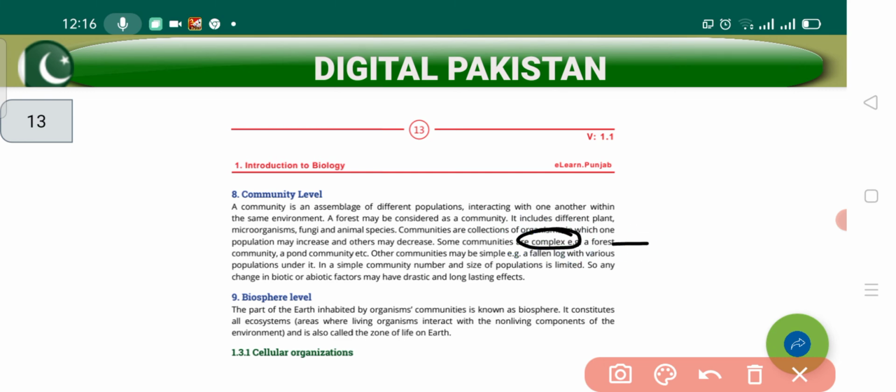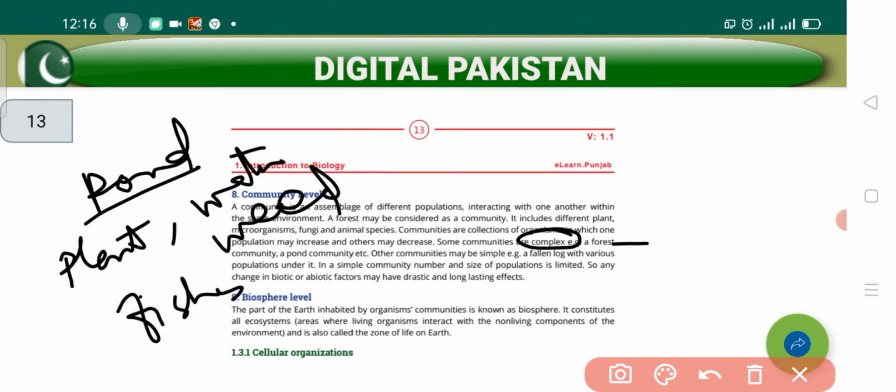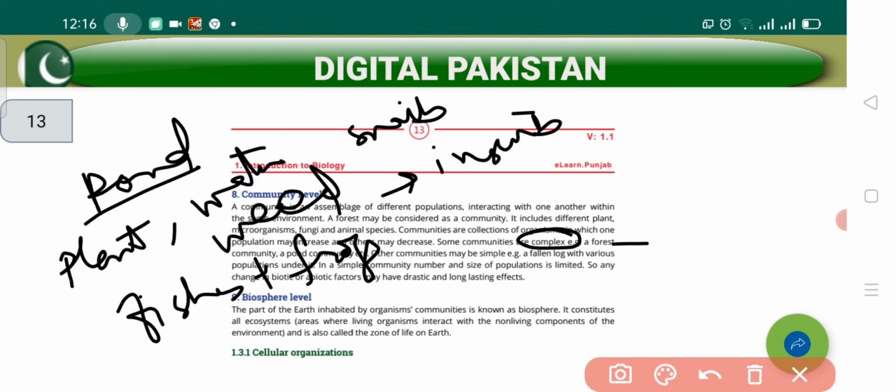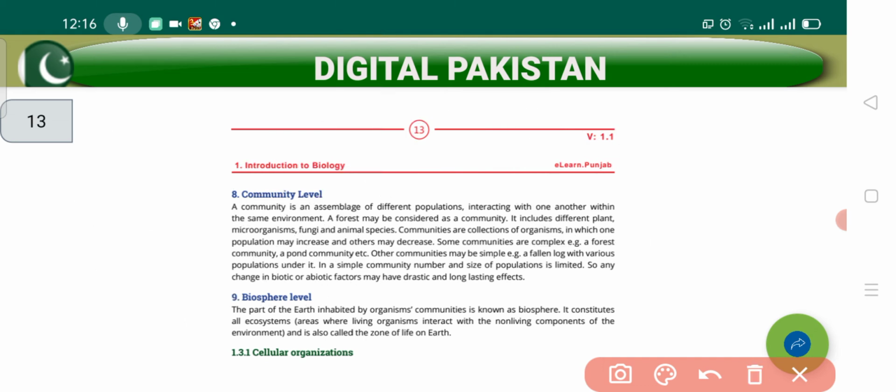Like I have given you the example of the forest, there is also the water pond. The water pond has a population of plants, water weeds, a population of fishes, frogs, snails, other insects, water insects, and a population of worms. So all these populations interacting with each other make the water pond community. So these communities are very complex,